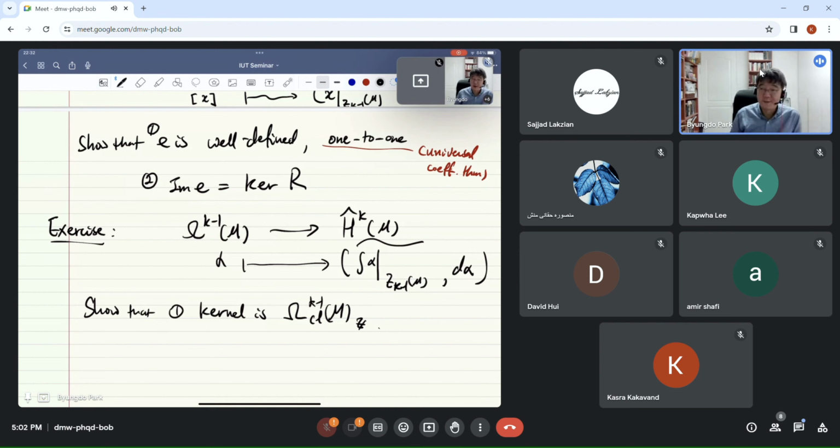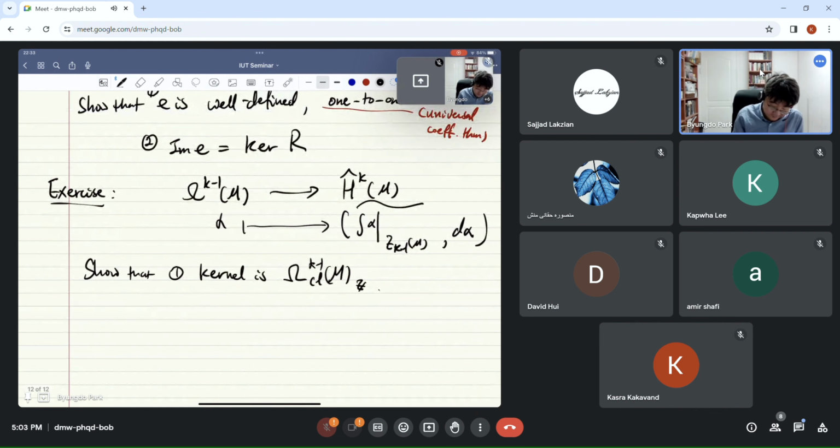Actually, this is almost obvious if you look at how this map is defined. Then this becomes 0, 0 means alpha is closed, and this becomes 0 means you remove this twiddle, and equivalently you say that this is valued in integers. So it's obvious,